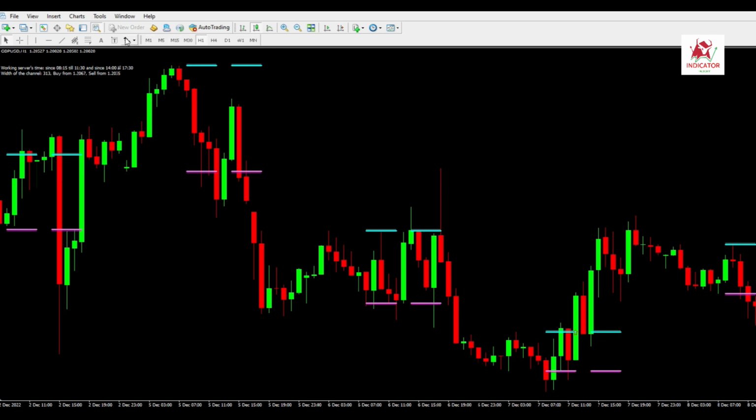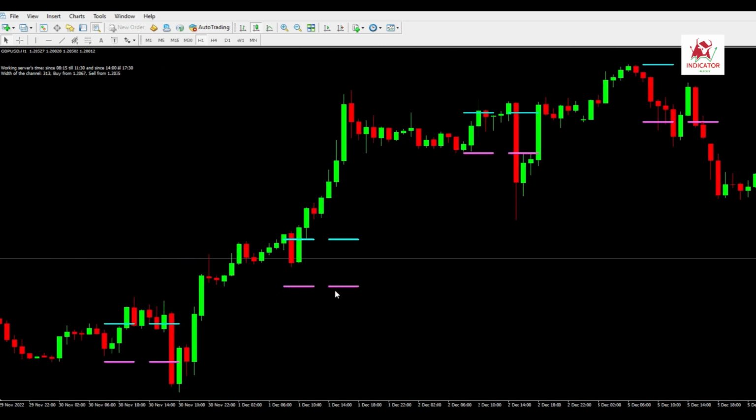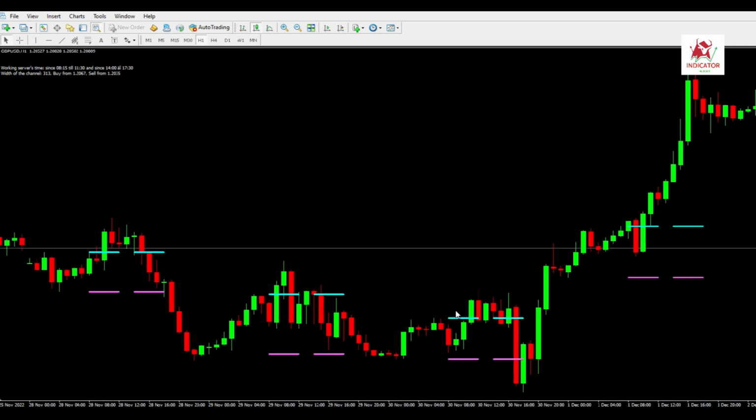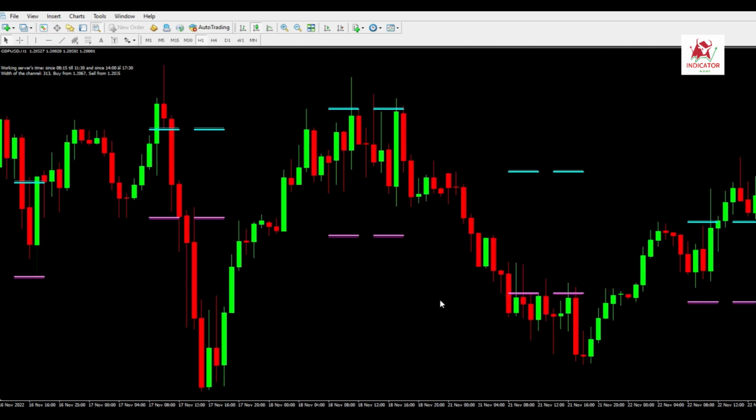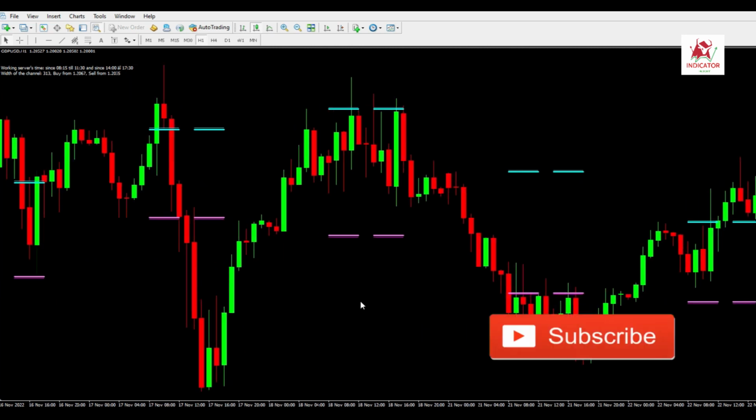MXCGen_KA_HAJI_KAJNEP indicator for MT4. Conclusion: this indicator has proven to be of great use, especially when we are looking for key areas to open up buy or sell trades. The main intention of this indicator was to show us where the sell and buy zones are with respect to a specific day or week. These buy and sell zones were revealed to us through the use of light blue and magenta lines, which are situated in the middle of the day, week, or months depending on which time frame you have activated on your trading chart. During the process of evaluating this indicator, we managed to find one or two ways to trade the various buy and sell zones. These zones should be traded